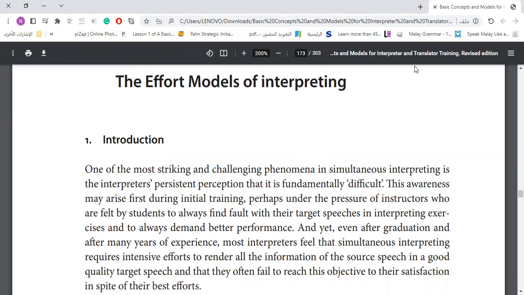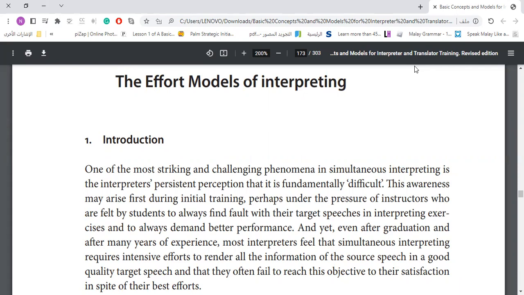Now, we learned in the previous chapters about translation in general, about interpretation in general. Now, this chapter is quite interesting because it mainly speaks about simultaneous interpretation. Let me remind you of what simultaneous interpretation is. It's when the speaker speaks and you interpret at the same time. The time difference between the production of the speaker's speech and yours is split seconds.